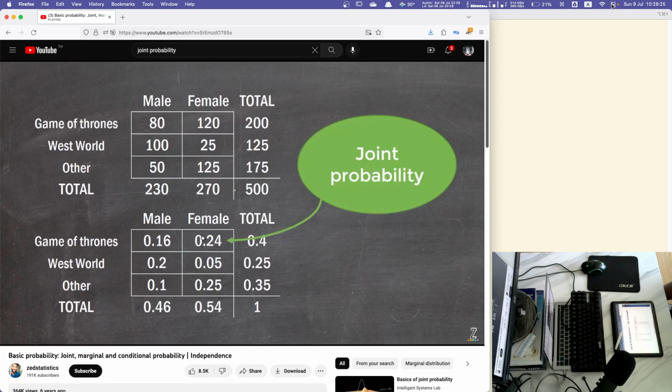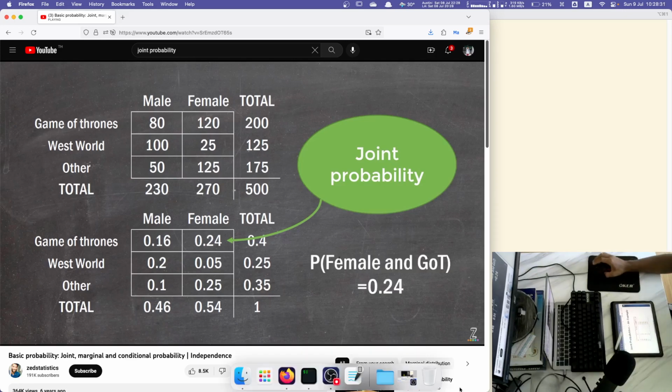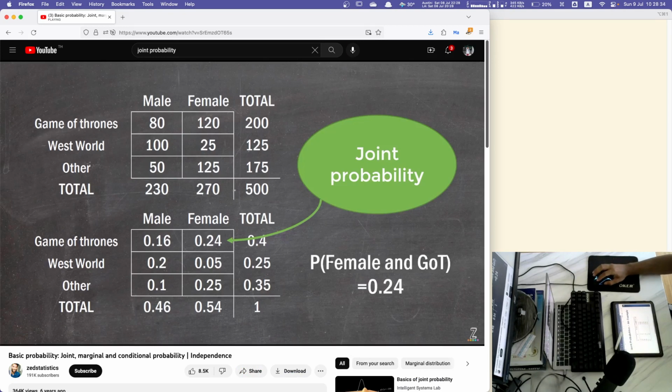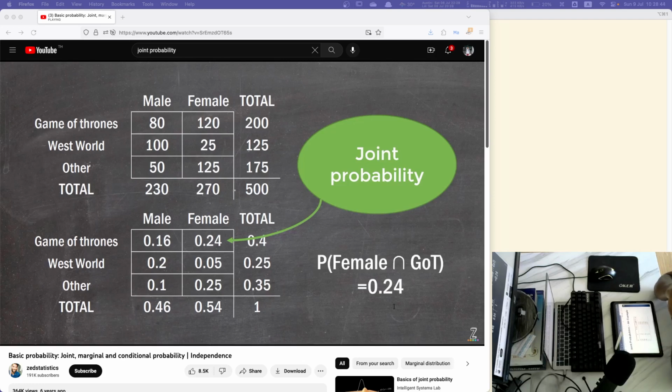So that's why we call that a joint probability. So that 0.24 is called a joint probability. And the way we can write that is to say the probability of female, the event where the person is female, and the event where the person likes Game of Thrones, is 0.24. Now you might see it written with the word "and" in between, or else you might see it with this sort of upside down U, which we're going to call intersection. So that's just a fancy statistical term to say the intersection of female and Game of Thrones,